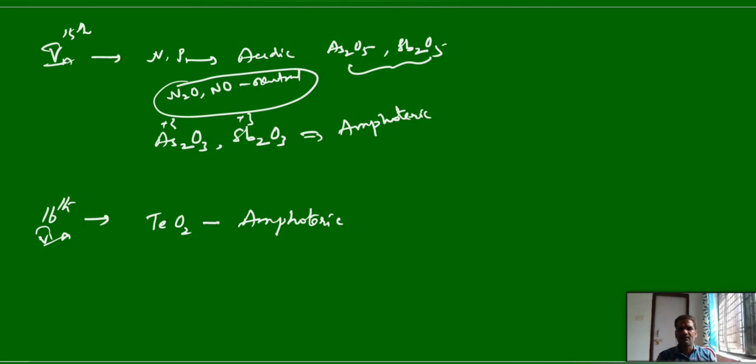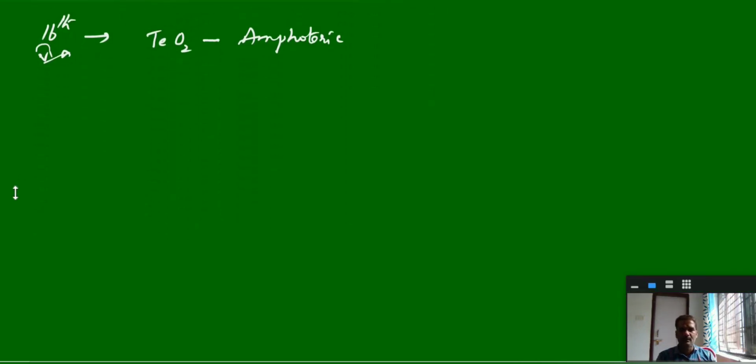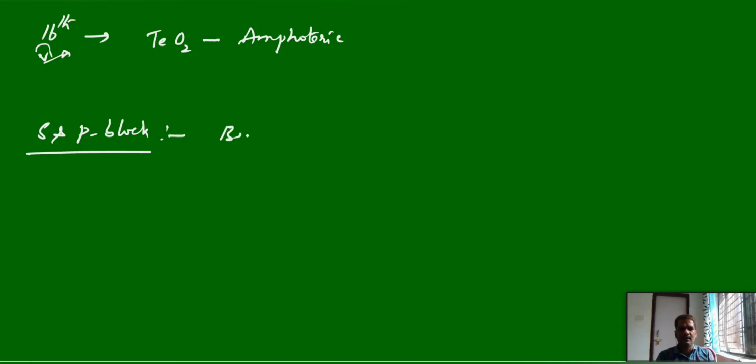That's it. These are the s and p block amphoteric oxides. Very easy to remember. We can write them together here. First, second A group only, beryllium oxide. Next, the 13th group, boron family, aluminium oxide. And gallium oxide, you can keep aside for some time, if they ask.